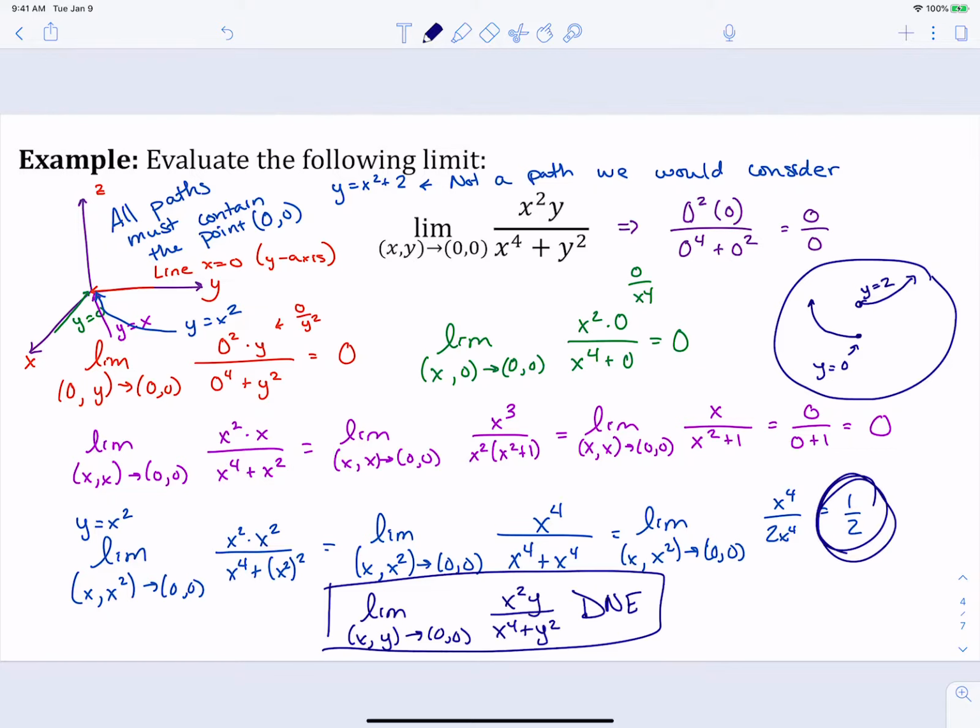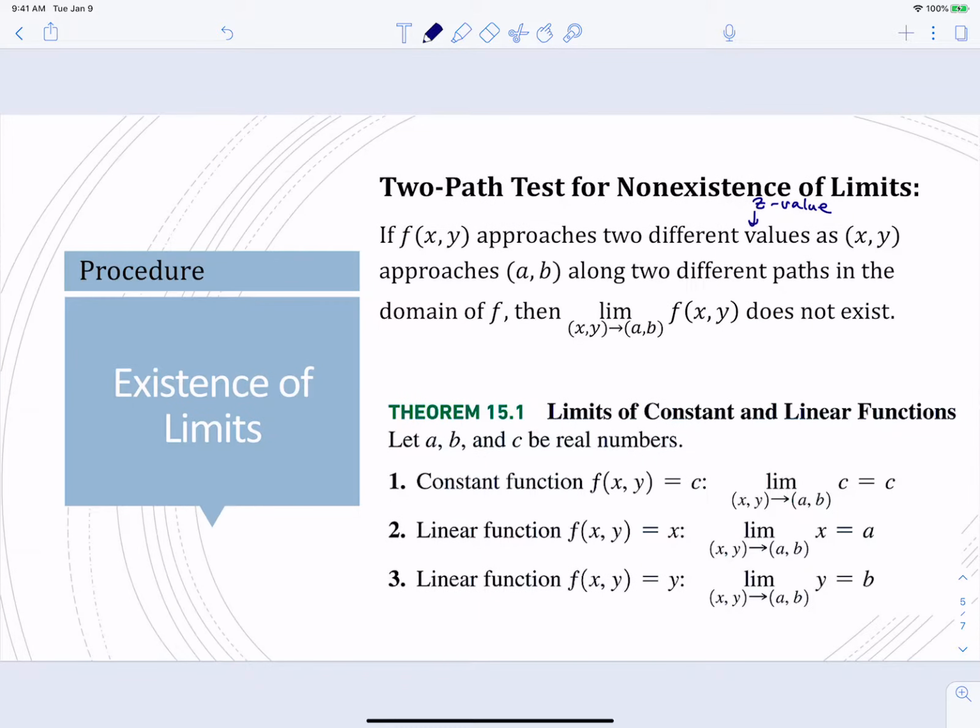Even though we have 3 other paths that are going to the same z value of 0, we've got one path there that's going to 1/2. So that means our limit doesn't exist. And the problem is too that we do have to find if we do have that path